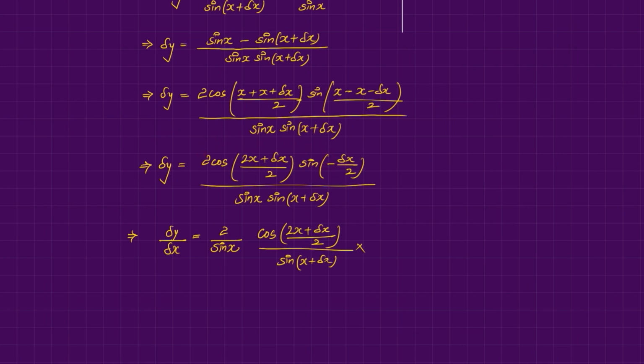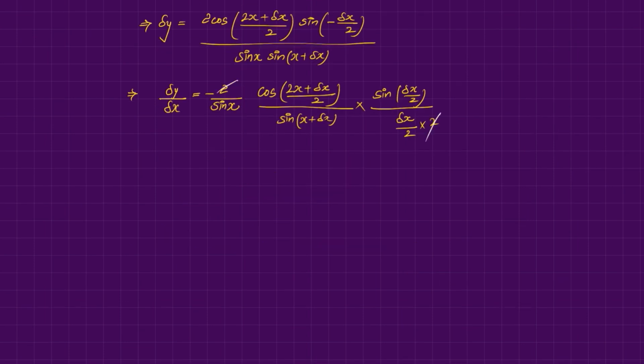Okay, so here it will be minus in front, so it will be sine delta x by 2, and since we were dividing both sides by delta x, let me write delta x here, and since the angle is delta x by 2, let me make delta x by 2 here by multiplying and dividing by 2. Now as you can see, this 2 and this 2 will get cancelled. Next we will put the limit